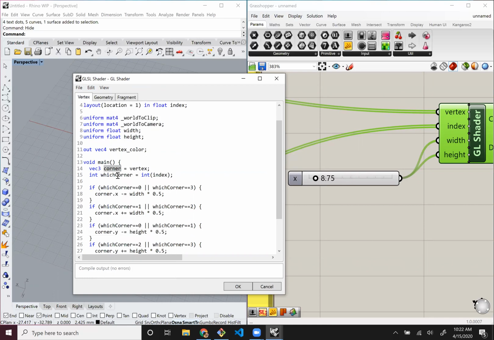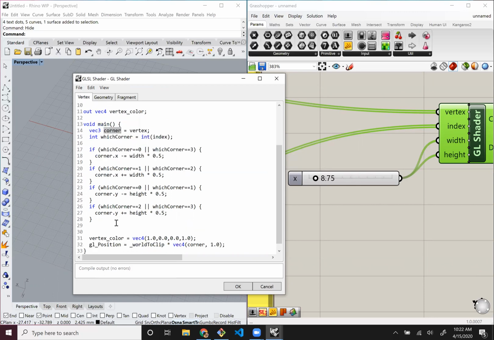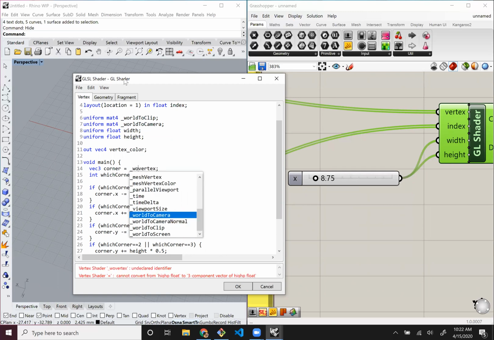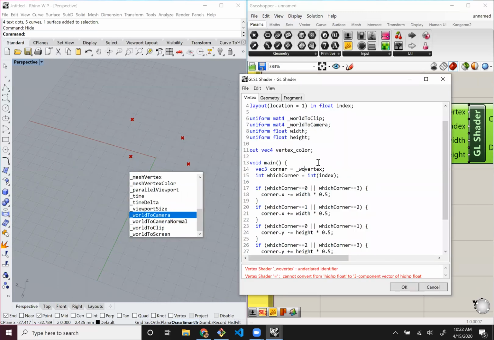And so this corner, once we've figured out how to expand the corner out, instead of being in the world coordinates for the vertex, I'm going to say the corner is actually